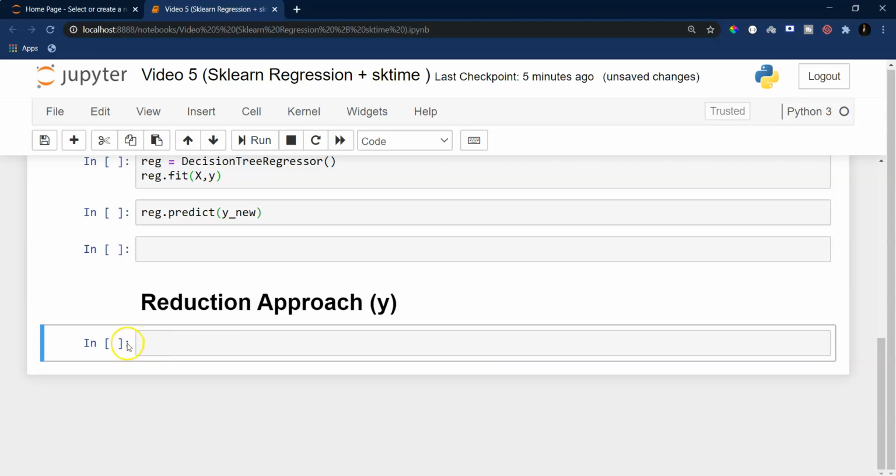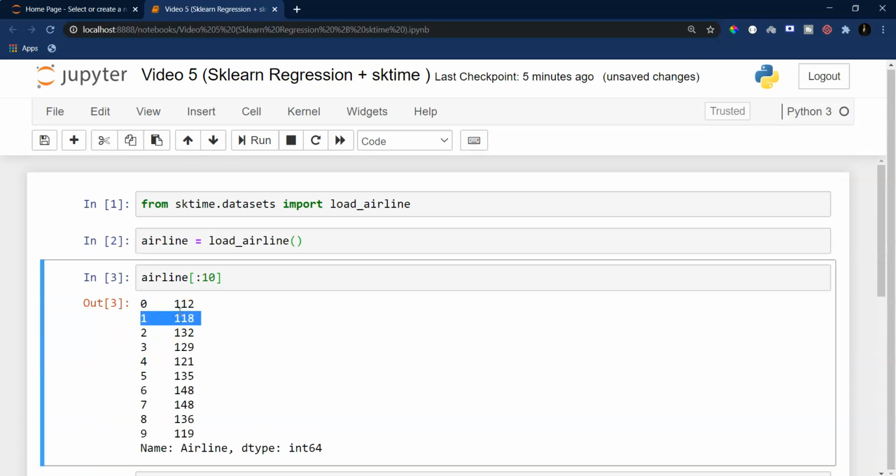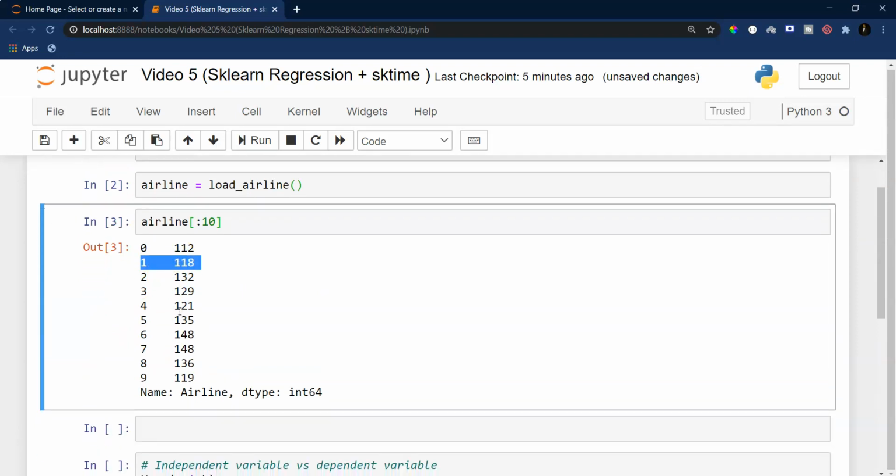What I'm trying to do here is, I have this airline variable, airline data. Let us say to predict the first value, I want to have a regression model where I predict this 112.